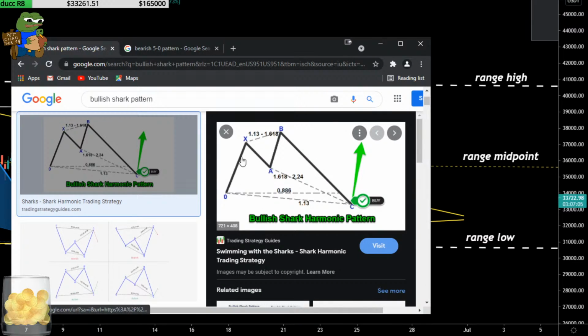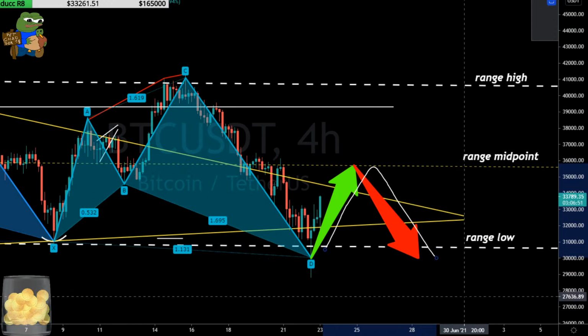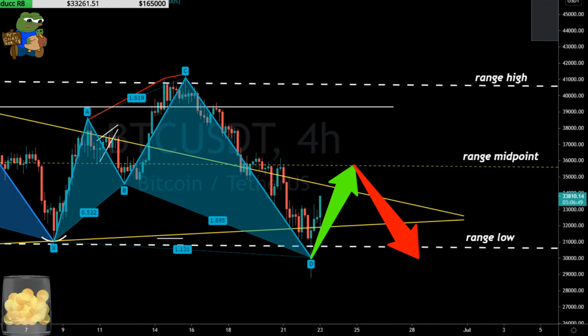XABCD, you go up to the 50, you sell off. Now, do you have to sell off right here? Do you absolutely have to just go straight up, straight down? No, but based on